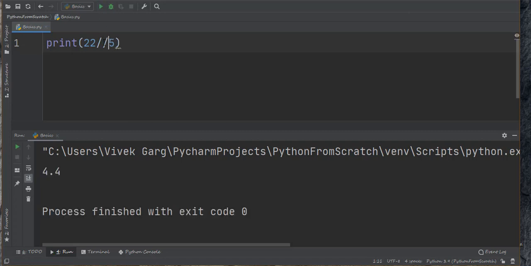But when I float divided this, then I get 4. That means float division gives us only the integer part as the output. Whereas simple division gives us the decimal answer here. That is the basic difference between float division and simple division.